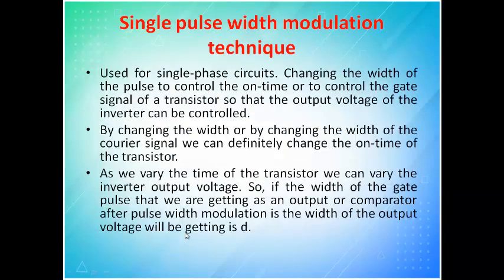Okay, so next are the various types of PWM technique. The first one is the single pulse width modulation technique. So for the entire period I will give one pulse. Okay, I repeat, say I am designing a converter at 25 kilohertz frequency, and if I say it is a single pulse, it means only one pulse will be given, not a train of pulses.